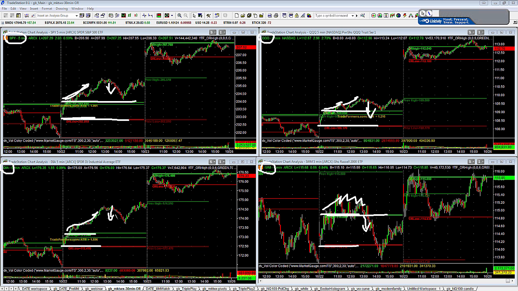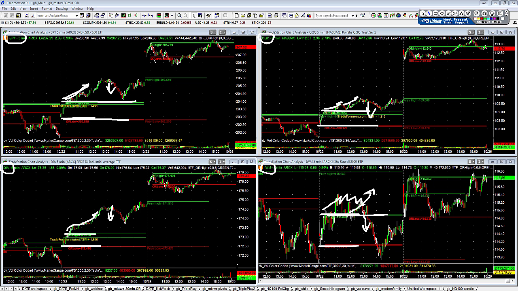Now, they were all over their opening range, so it wasn't a disaster, but it was a pullback, right? You want them all going in the same direction, and when one starts to fall apart, you've got to be careful about what the other ones are doing. Okay, now